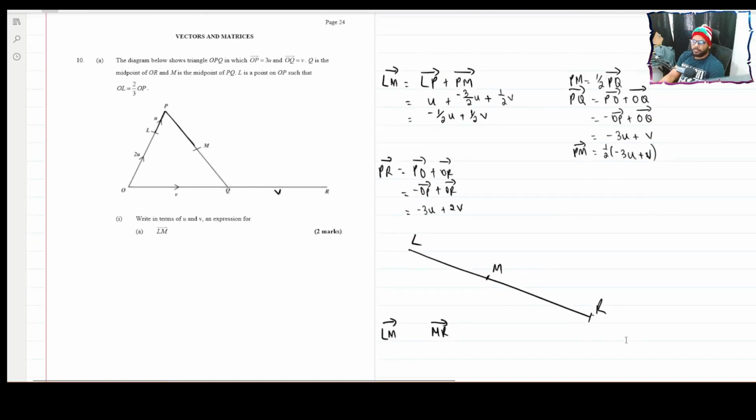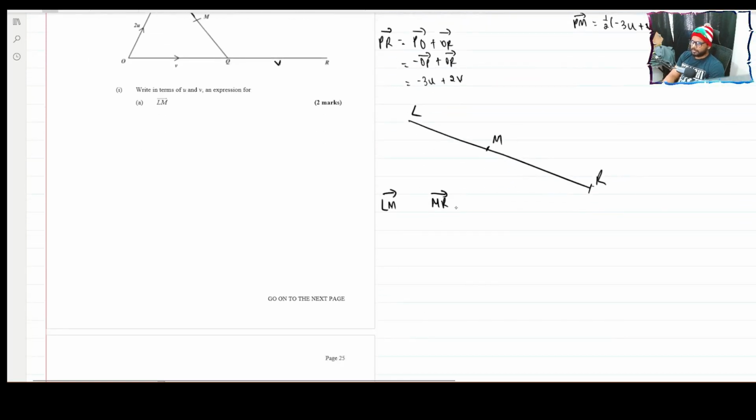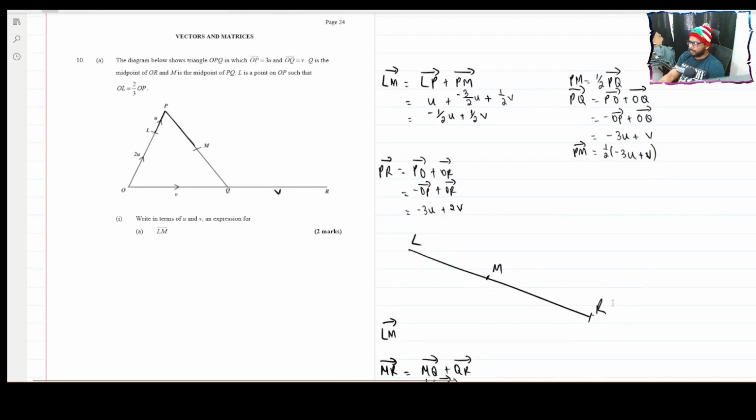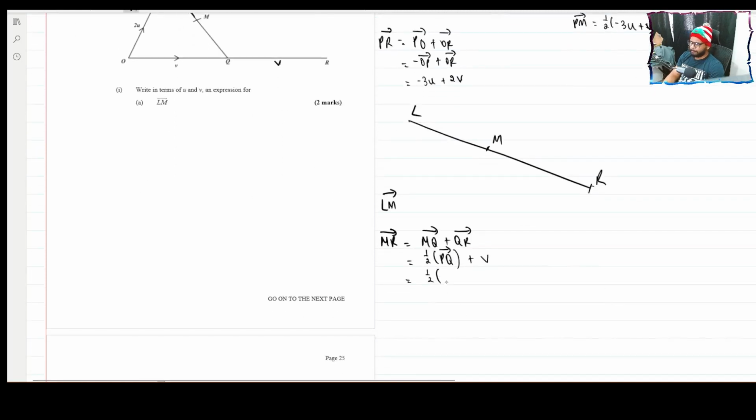MR is MQ plus QR. So MR is, let me put this one side now. I gotta write out what LM is just now. MR is MQ plus QR. MQ is 1/2 of PQ, plus QR is just V. This is 1/2 of PQ, which is 3 minus 3U plus V